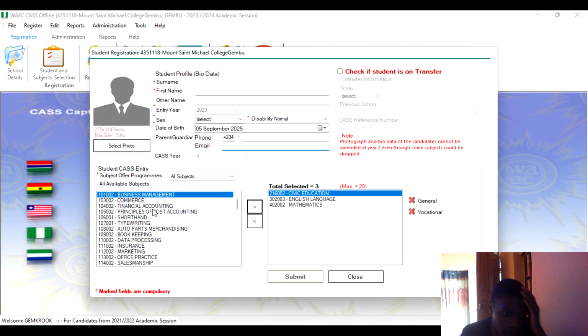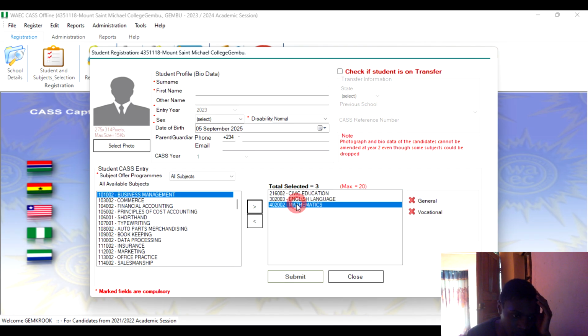And then there's a maximum of 20 subjects that a student can register, and then a minimum of 8, I think. So the compulsory subjects are already selected. As for Nigeria, if you selected a different country, if your school was in a different country, you might see a different thing. And also the age limit. Okay, the age limit for WAEC is 35 years. But remember, this is not the